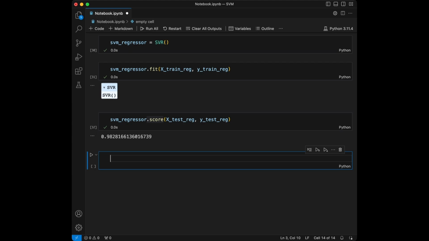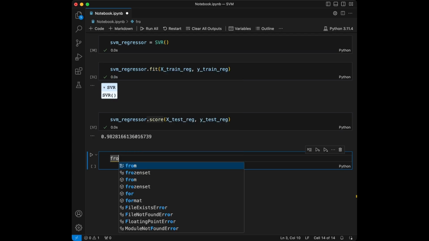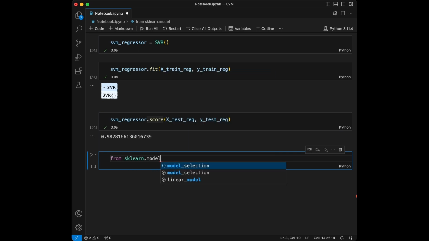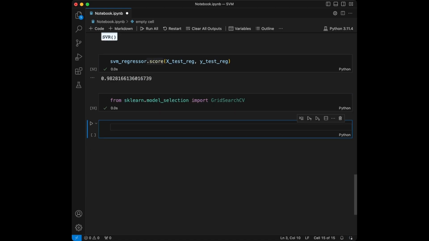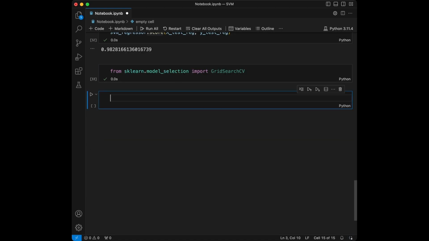on the classification. Okay, let's talk about model optimization. Understanding how to properly tune the hyperparameters can improve the performance of your support vector machines models. So let's get started. We will use the grid search cross-validation from scikit-learn to perform hyperparameter tuning. So we will say from sklearn.model_selection import GridSearchCV, and grid search cross-validation allows us to specify a range of possible values for